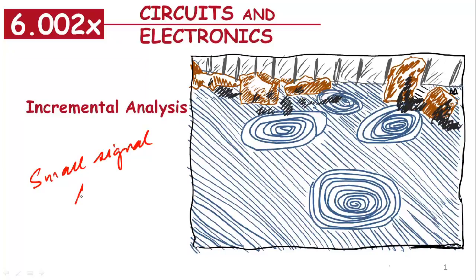You can think of this trick as a way of taking circuits that might be nonlinear and, using this trick, use those circuits in a way that makes their behavior more or less linear. Now, incremental analysis can be thought of as a way of analyzing such circuits. So before we begin talking about exactly what the small signal trick is, I would like to put things